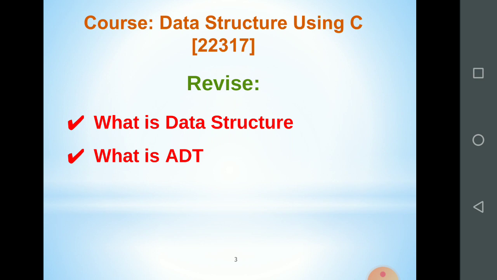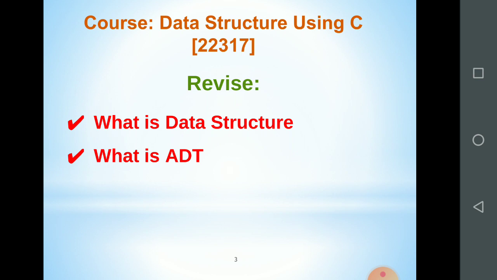Data structure is a structure for the data. We have to store the data into the memory, and for that we have to develop some structures. Those structures are so efficient that we can retrieve that data very easily.